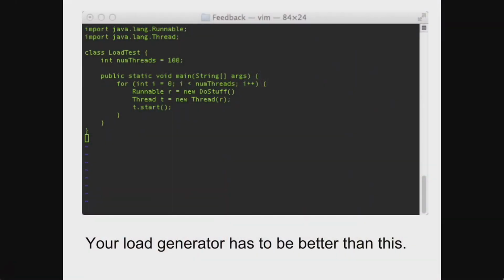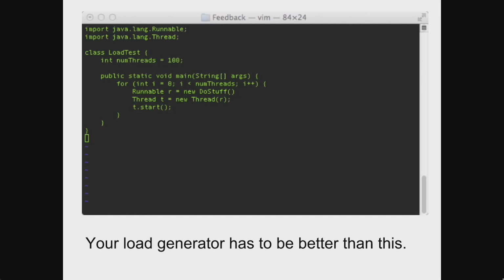A for loop, if anybody's never written one, I really hope that all of you have. Let's see, I think I have a piece of, yep, there we go. So that's a for loop. We're going to start up 100 threads and we're going to make requests as fast as we can against whatever service it is that we have stood up. And apologies, this was not code reviewed, so it may not actually compile,